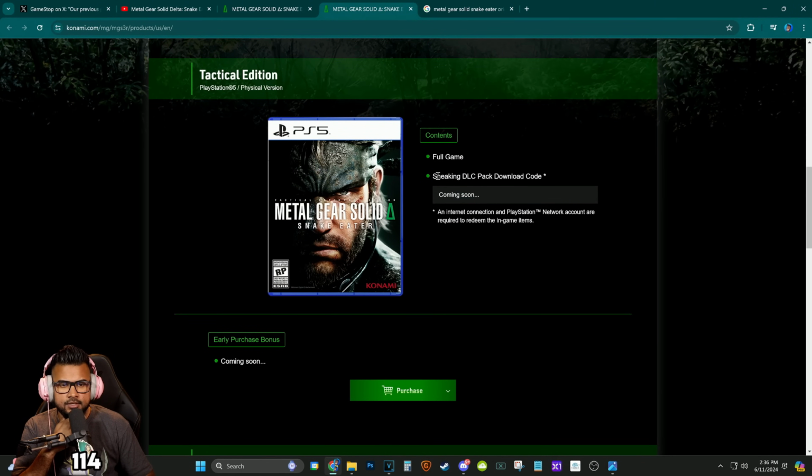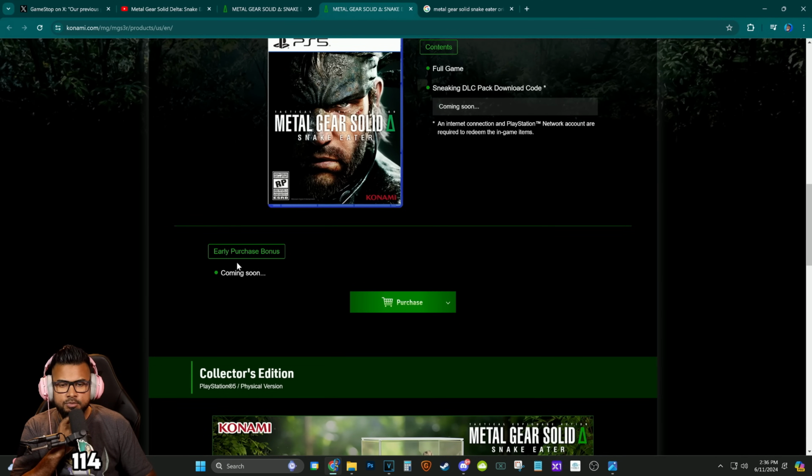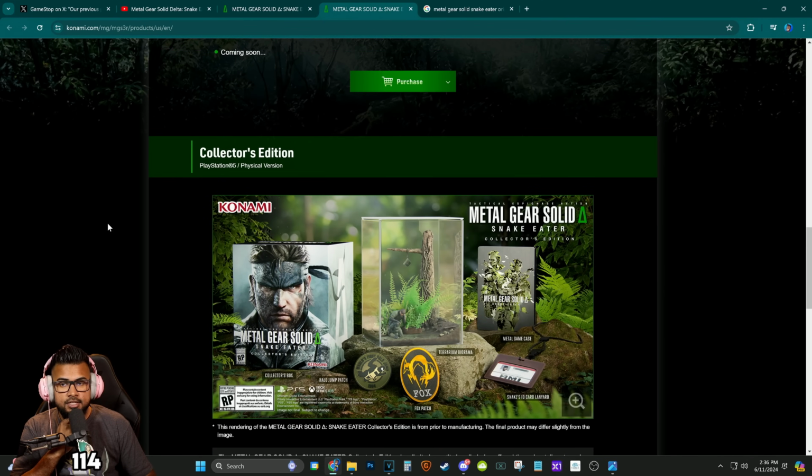I don't know what exactly the sneaking DLC pack will be. Maybe it'll be the sneaking suit that you can get in the later portion of the game. Maybe you can start the game off with it. I kind of like that suit, so I hope so. There's also going to be some early purchase bonuses, which they haven't announced just yet, and the collector's edition, which